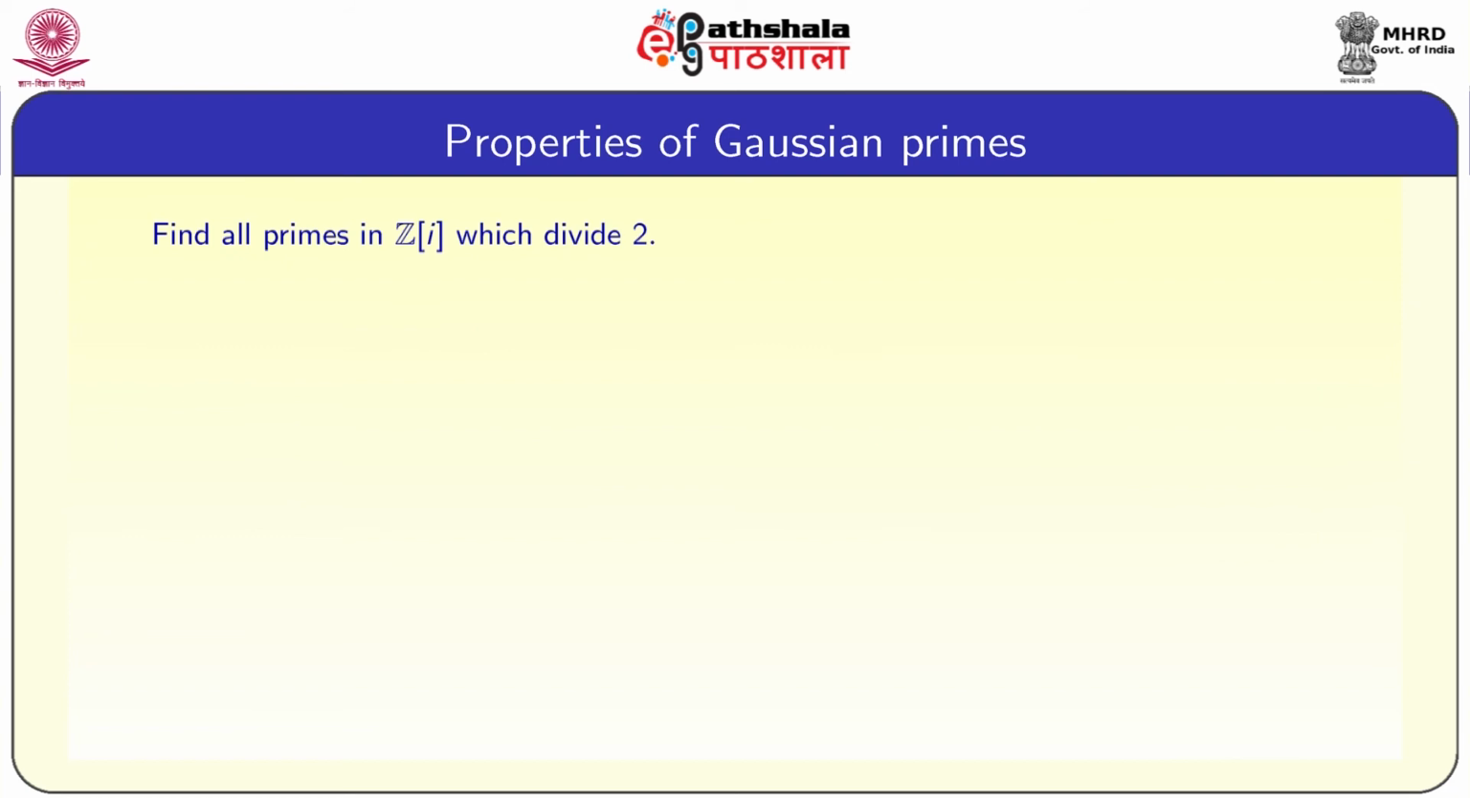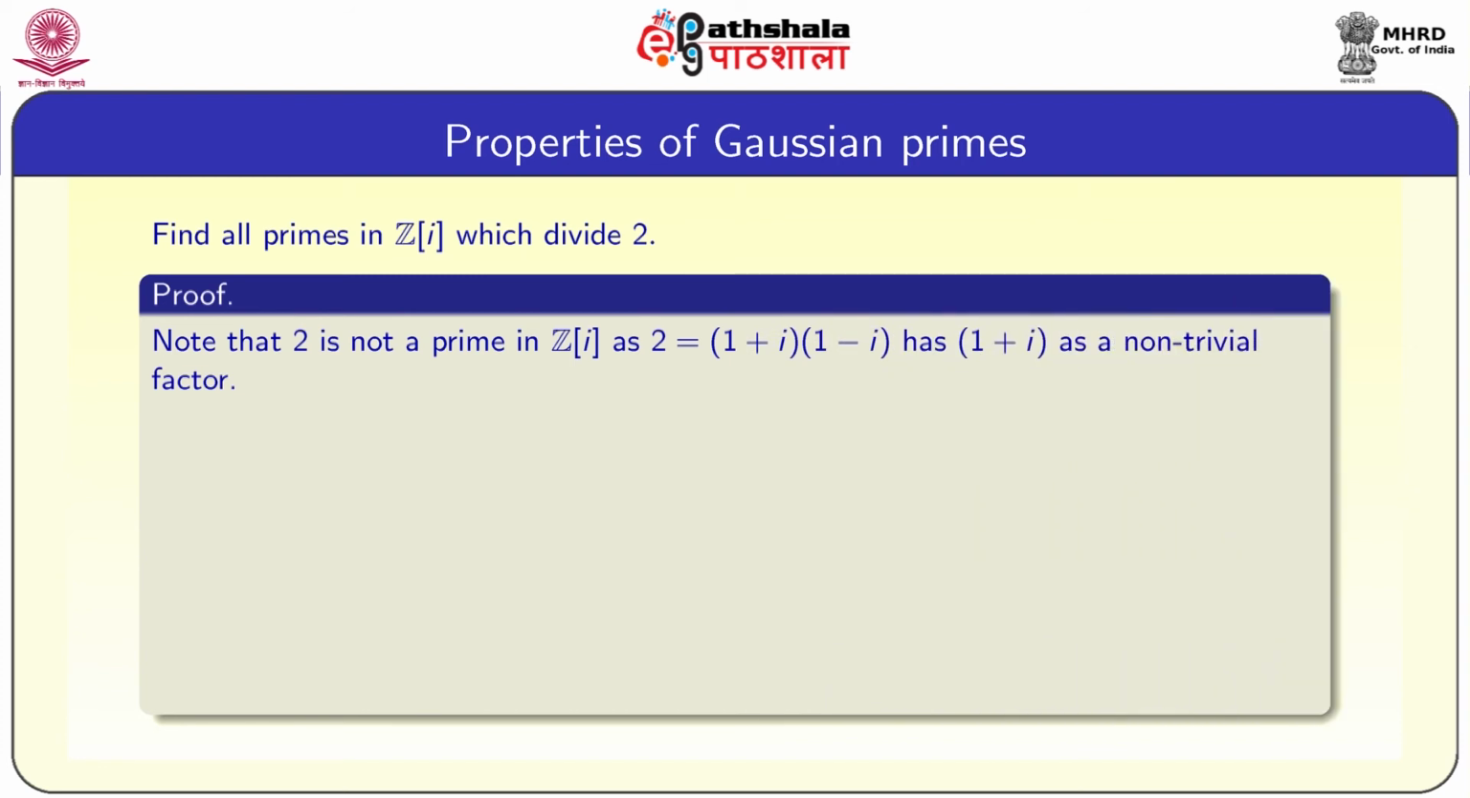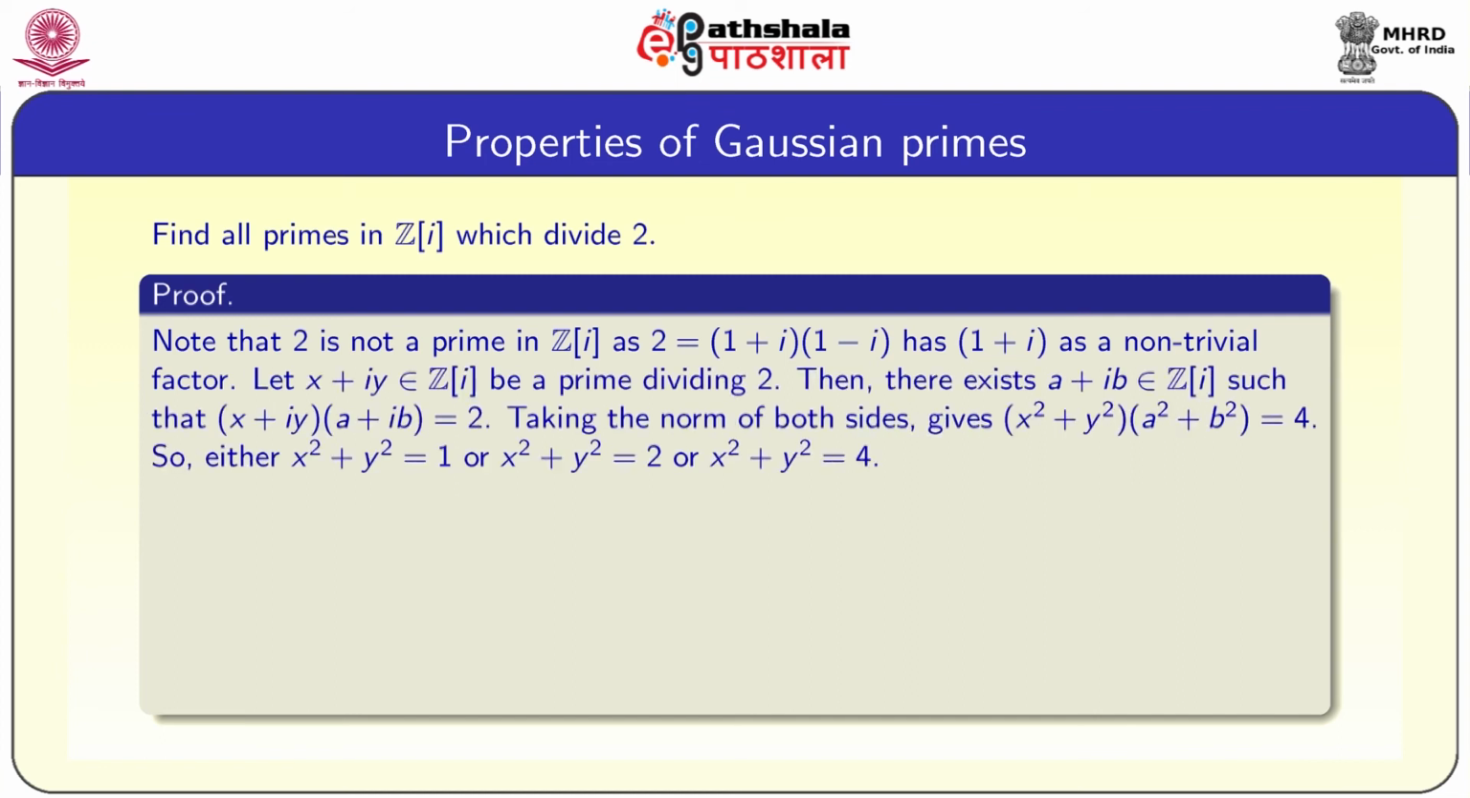So, now we are going to find all primes which divide 2. We already observed that 2 is no longer a prime in Z[i]. Note that 2 is not prime, and 2 = (1 + i)(1 − i), as 1 + i is a non-trivial factor of 2. So, let x + iy be a prime dividing 2, then there exists a + ib